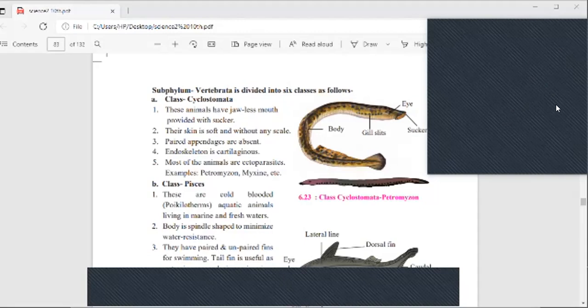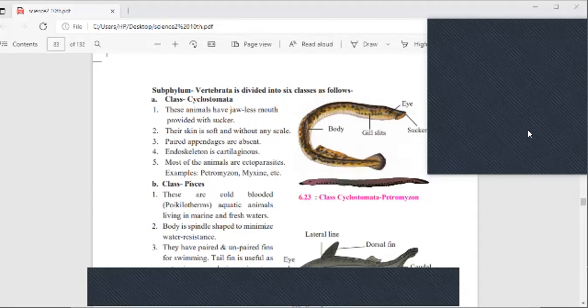Cyclostomata. Cycle means what? Ring. Stomata means what? Mouth. The mouth of this animal looks like a ring, round shape, spherical. Understood? That's why the class is called Cyclostomata. Is it clear? Hello, Raktate. Yes, sir. Very good. A simple question I ask. So you have to be attentive in the class and give the answers. I want answers from your side, whether you understood or not, so that I will come to know. That's why I'm testing you.